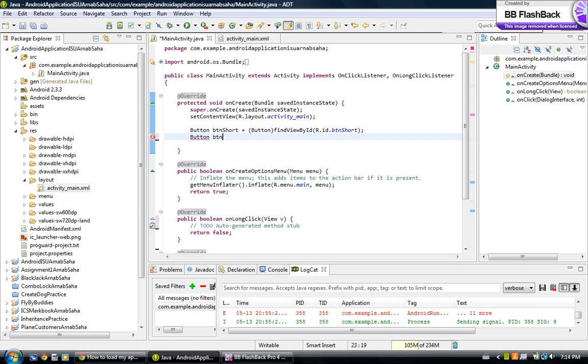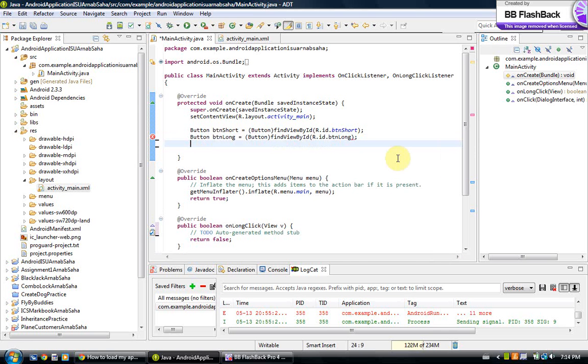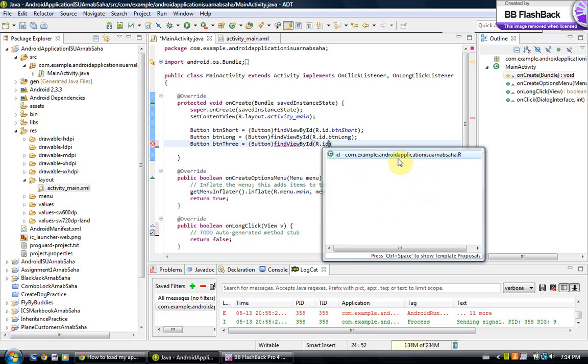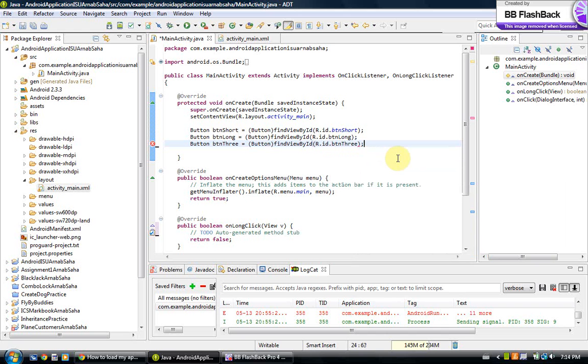Now I'm just going to write the code for the rest of the buttons. So findViewById R.id.btnLong, and again btn3 equals Button findViewById R.id.btn3. Alright, so now that that's done,